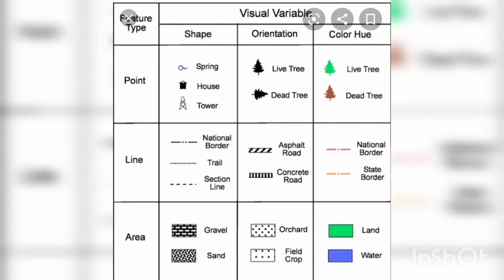Now there are 3 types of symbols you use: point, line and area. Point you usually use for the capitals, or when a particular point is going to be shown, in one single point. Line is used for rivers and borders. And the third one, area, you can use for a particular area, for what type of mud or sand is there.